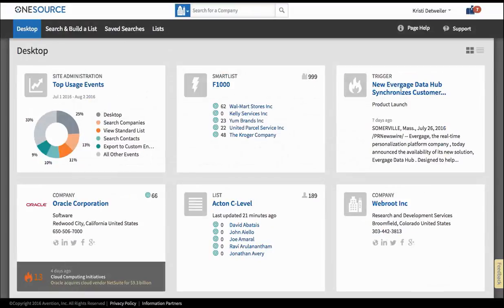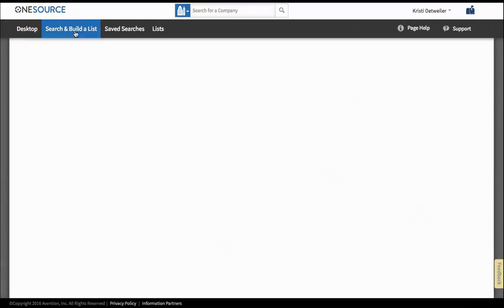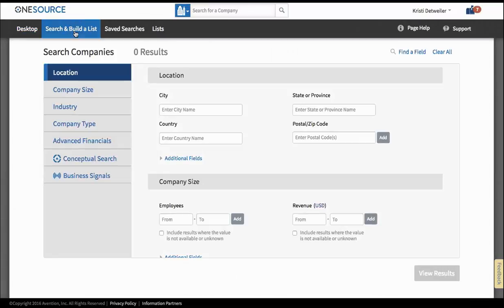First, let's walk through how to build targeted lists with OneSource's intuitive search interface. Our list building functionality showcases the most commonly used search fields while providing quick access to the more than 175 search fields available. Let's start with identifying a set of companies to target, then layer on a possible decision maker as a second step. Clicking on the Search and Build a List menu, then selecting companies, I'm presented with the